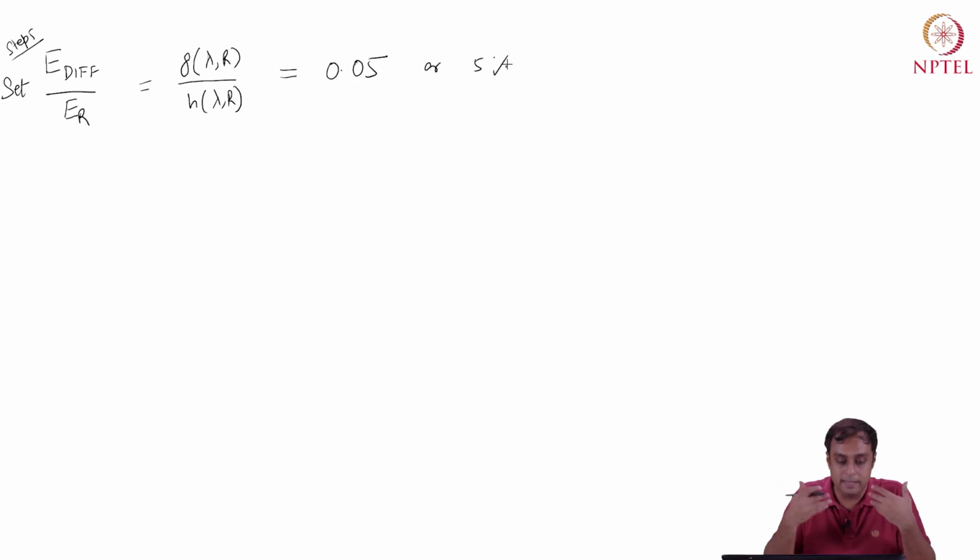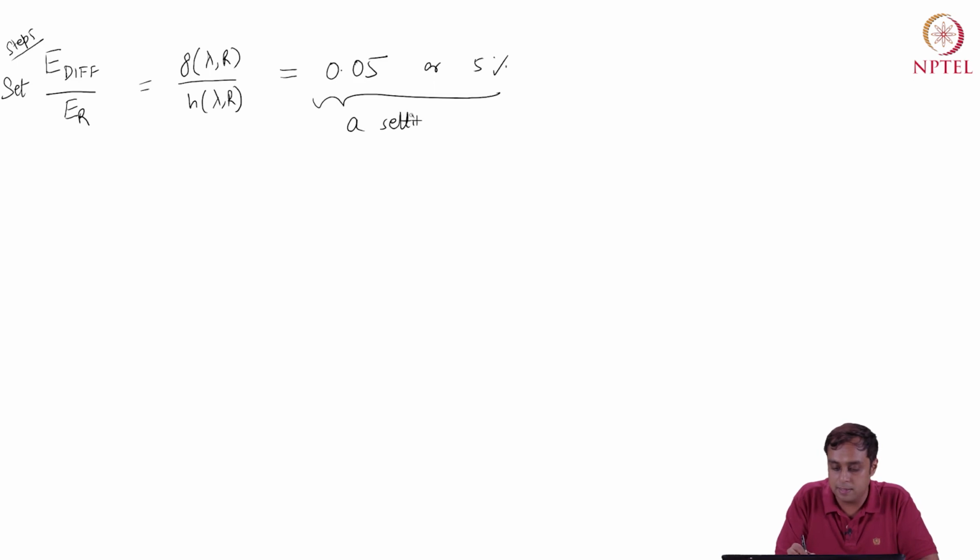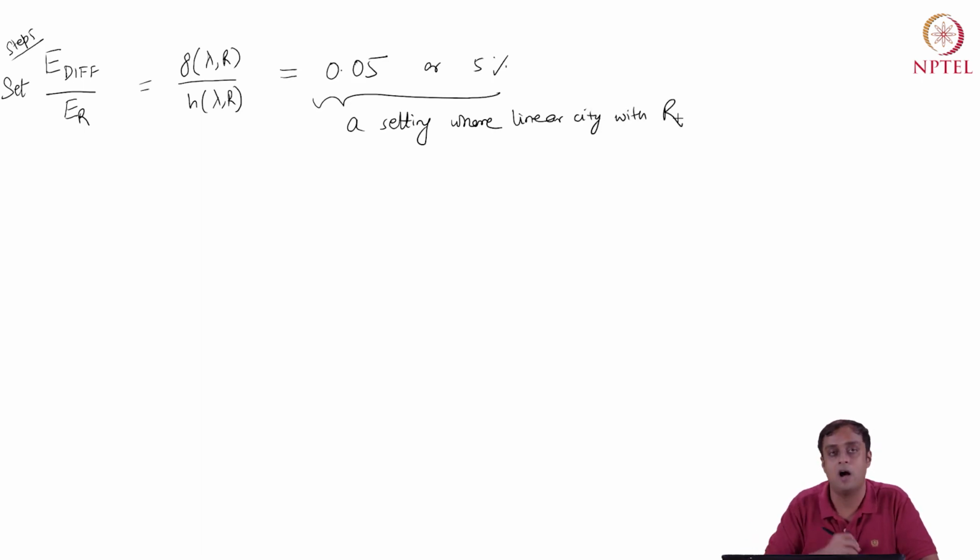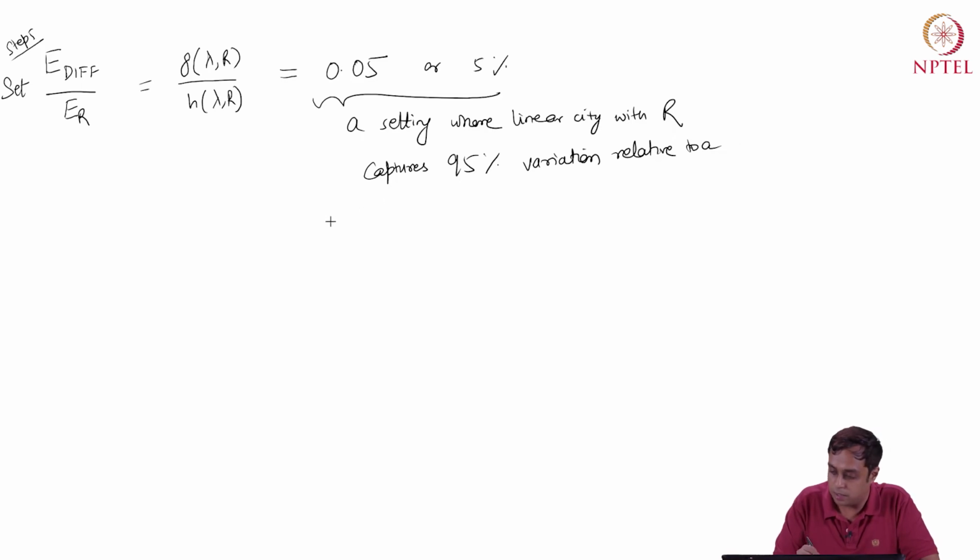So that means that I am looking at a setting where a linear city with radius capital R captures 95% variation relative to an infinitely large monocentric